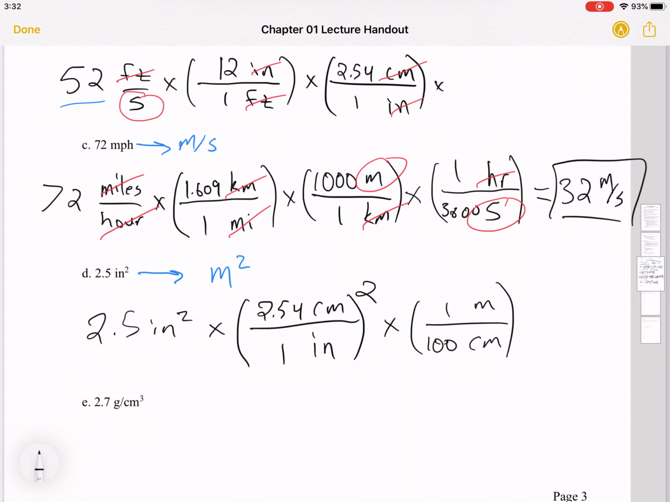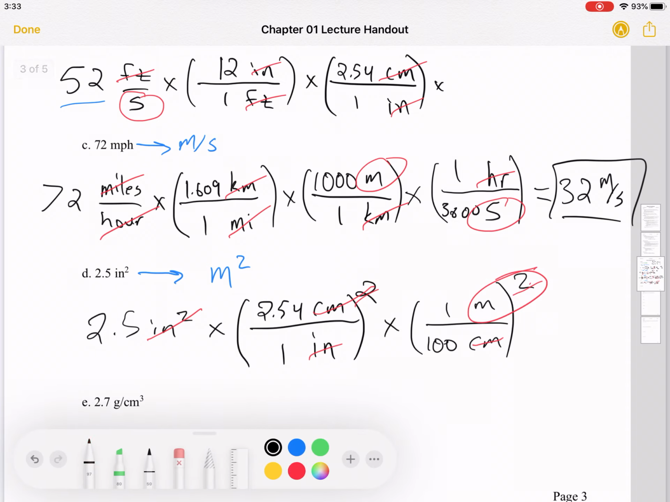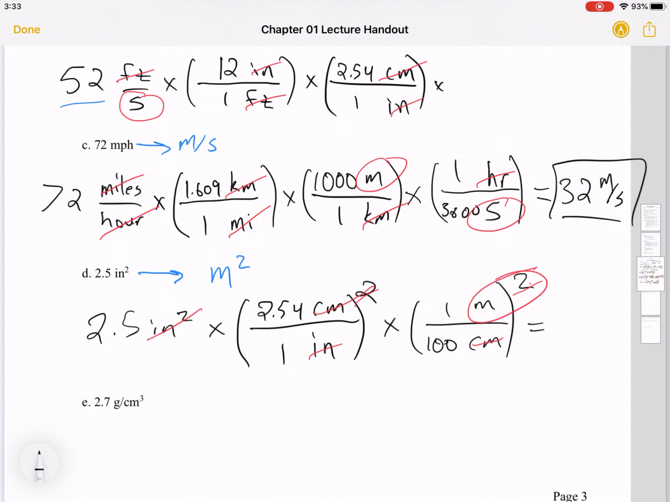And there are 100 centimeters in a meter. But I need to square this factor as well because there are two of them, right? So inches squared and inches squared, and then centimeters squared and centimeters squared, right? Which leaves me meters squared as my answer. I hope you're able to follow that. Okay. So the trick here is I need to square the 2.54. So 2.5 times 2.54 squared divided by 100 squared. That gives me